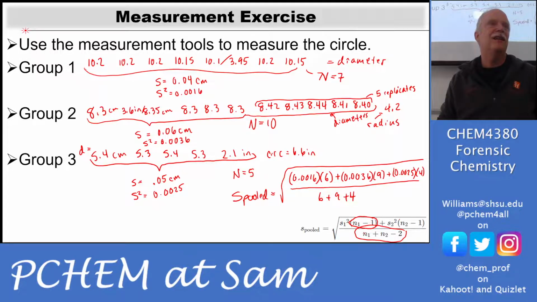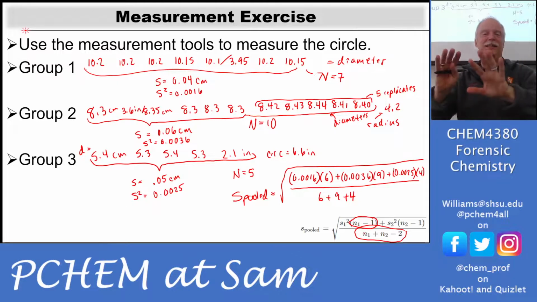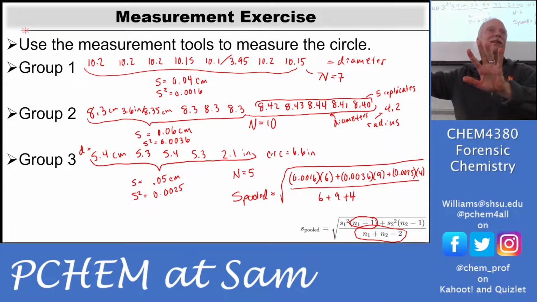So I still think the n values are wrong. The n values are wrong? It should be 7, 10, and 5, not 6, 9, and 4. No, but it's minus 3. So you're one off. Oh, you took one off. Oh, so it doesn't matter at the end. Yeah. So it'd be 7 plus 10 plus 5 minus 1 minus 1 minus 1.